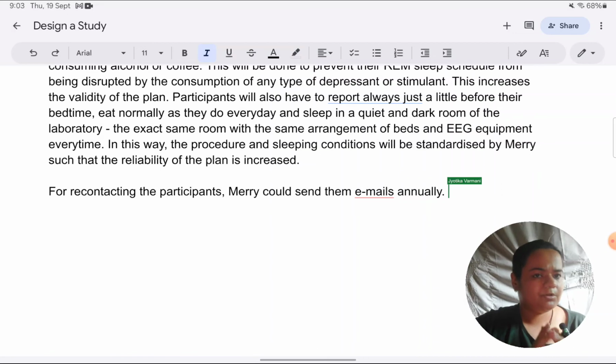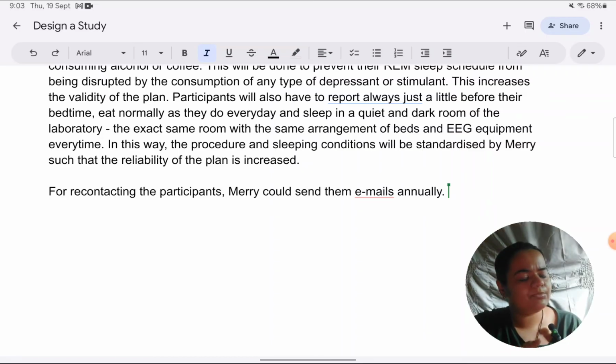Now, whenever you say, okay, she can send emails, it just seems abrupt to leave it at that. It would be good to elaborate in one line and say what is going to be written on the emails. So, like we see, always justify every point. Why is she giving the emails? You can think of it that way.